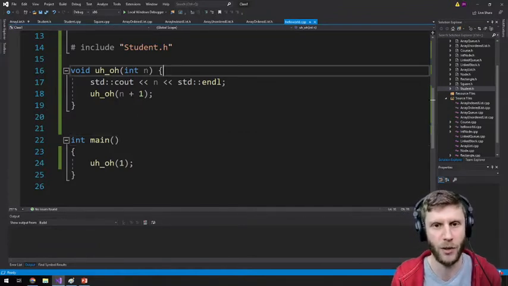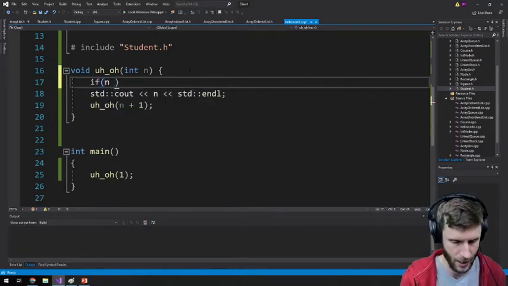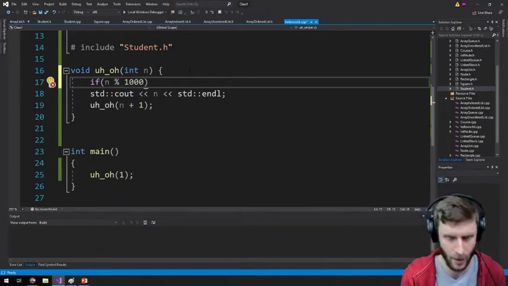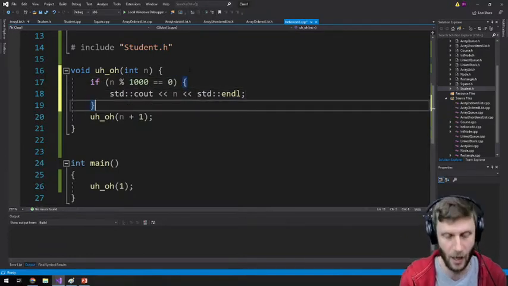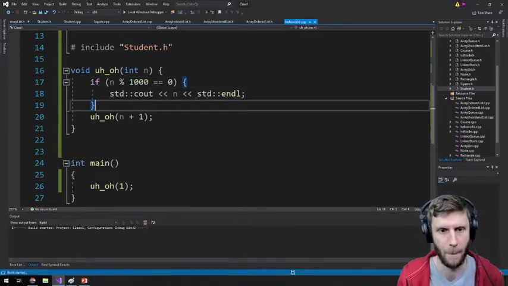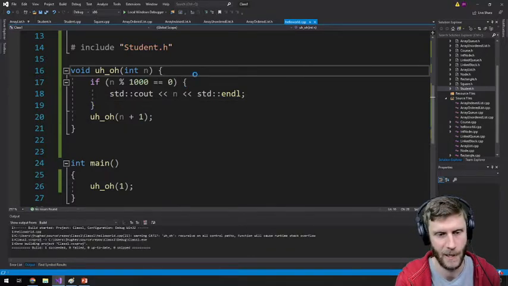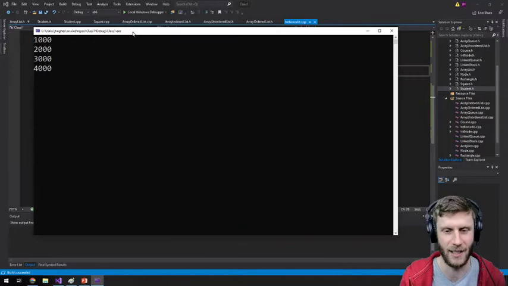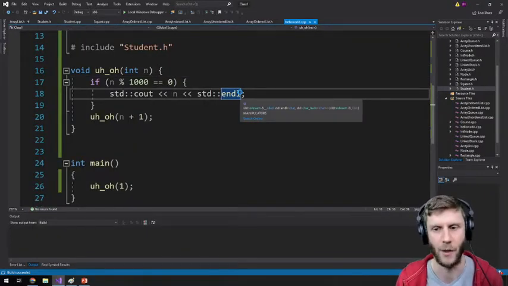So maybe what I'll do is I'll say if n mod 1000. Basically, if it's a multiple of 1000, then I'll print it out. Let's try this one. Uh-oh. It looks like it's hanging because it's angry about something. So I'm going to run the same thing in debug mode, and we'll see what happens.